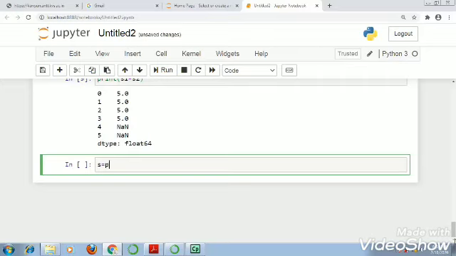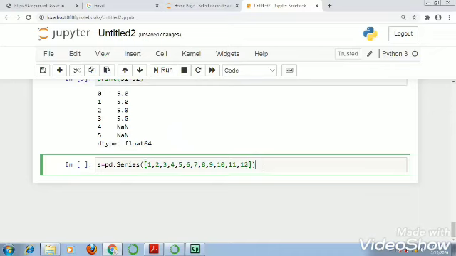S equals to pd.Series, and inside brackets I am giving a long list. Suppose 1 2 3 4 5 6 7 8 9 10 11 and 12. Only this much values are there.